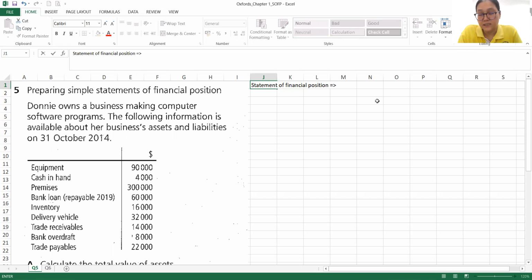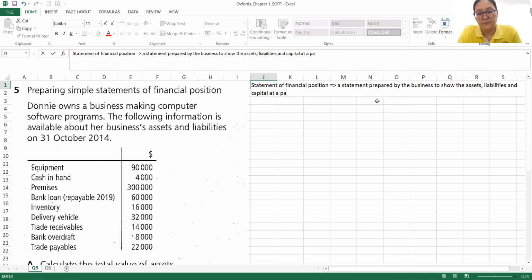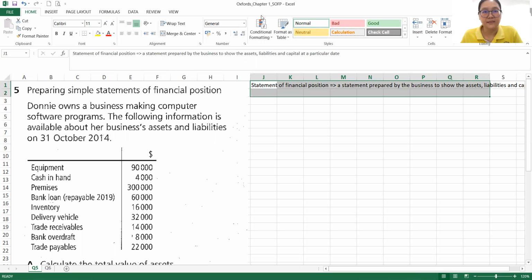Statement of financial position is a statement prepared by the business to show the asset, liability, and capital at a particular date. What is meant by at a particular date? So the meaning of at a particular date is that